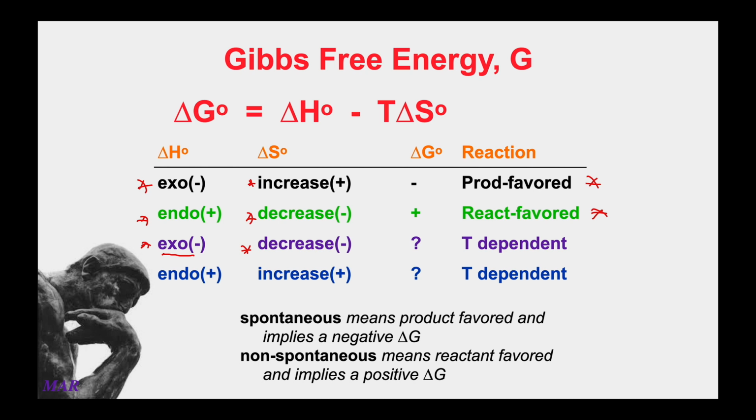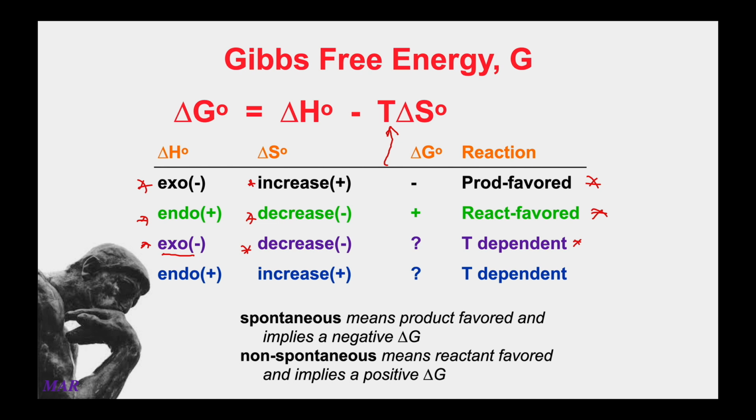Enthalpy wants the reaction to go. Entropy doesn't want the reaction to go. In these cases, then, it really depends on your temperature. Temperature times delta S can overpower delta H. If your temperatures are high enough, then temperature times that negative delta S makes for a positive number. Positive numbers don't contribute to negative delta G's. So in this case, you would say that high temperatures make the reaction non-spontaneous and low temperatures make this reaction